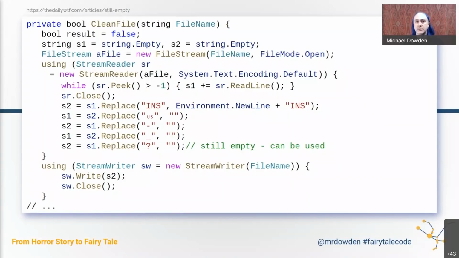So we've added complexity here. And these variable names, S1 and S2, first of all, they're not descriptive. And second of all, the way they're being used is redundant. So we can look at this and immediately say, okay, the person that wrote this may not fully understand how that replace method works. Maybe they don't understand how the string assignments work. Maybe something else. But it's worth asking that question at that point. How can we simplify this? And the really interesting thing is that what's really dangerous here is if you look at that, we have an sw.write s2 at the bottom.